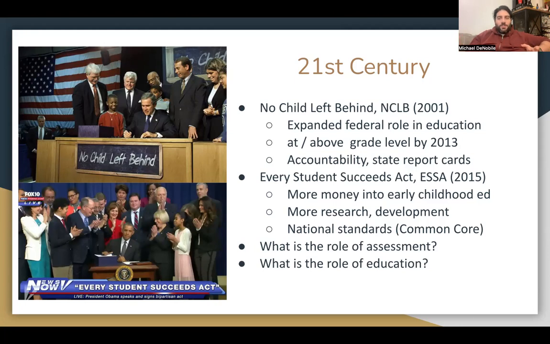And the biggest difference, which a lot of you might be more familiar with because these have affected you directly, we have the rise of national standards, which was very controversial because, as we said before, education before the 21st century was a state-run affair. Better known as Common Core. Common Core has come and gone. We're now going into next generation standards.